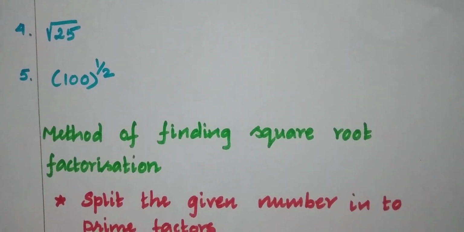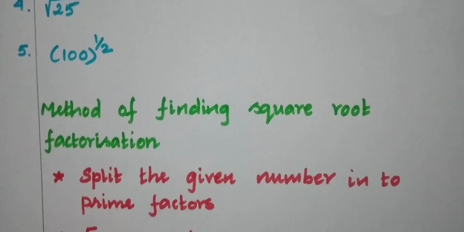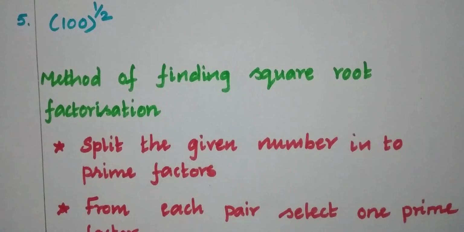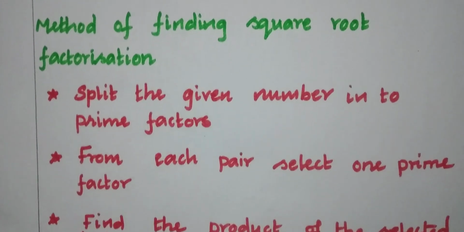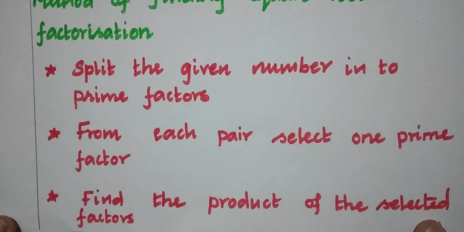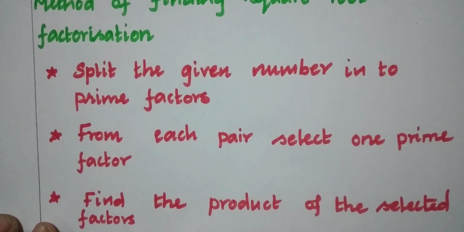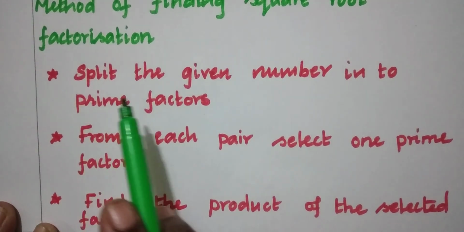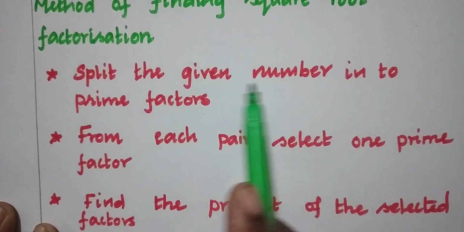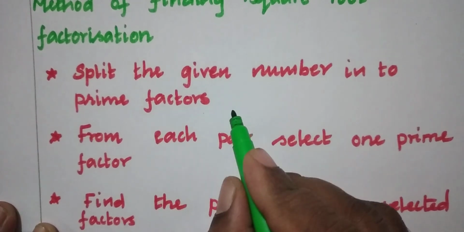The first step is to split the given number into prime factors. The second step, from each pair, select one prime factor. And the third one, find the product of the selected factors. The first step is to split the given number into prime factors. For example,